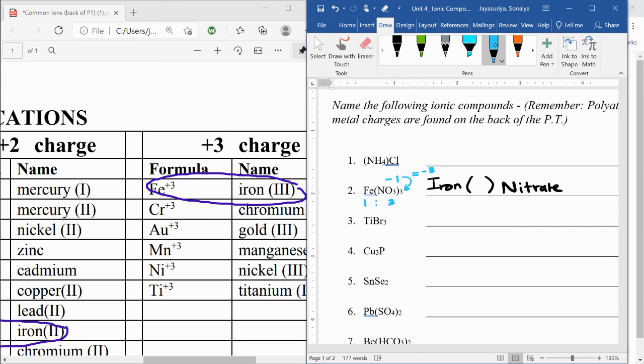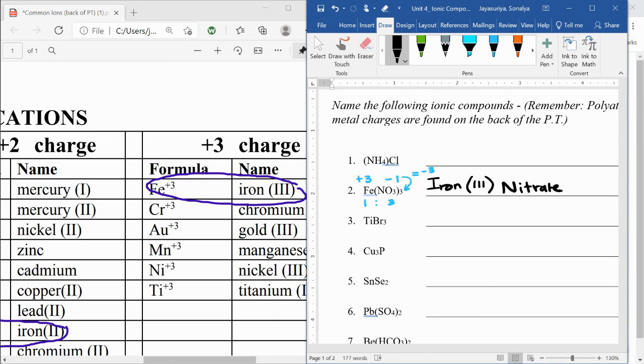That means all of the charge to balance out the -3 must come from this one iron atom, which means this iron must be iron plus 3, which means this is going to be iron 3 nitrate. Okay, so that is how you figure out which transition metal is used. So let's do the next one,